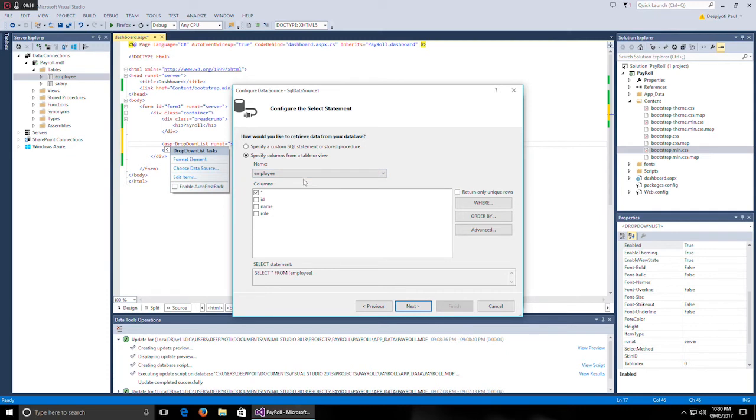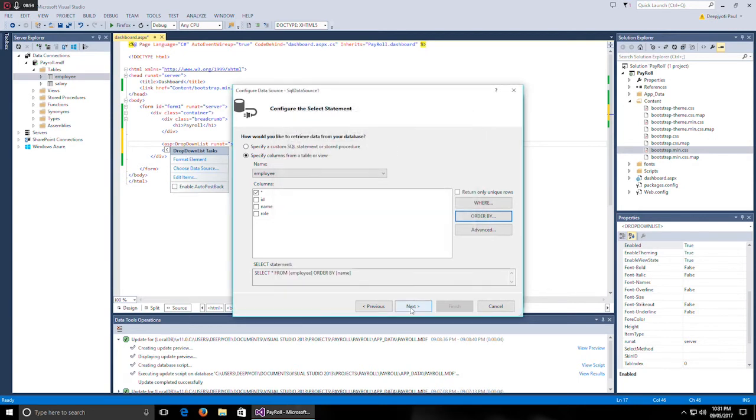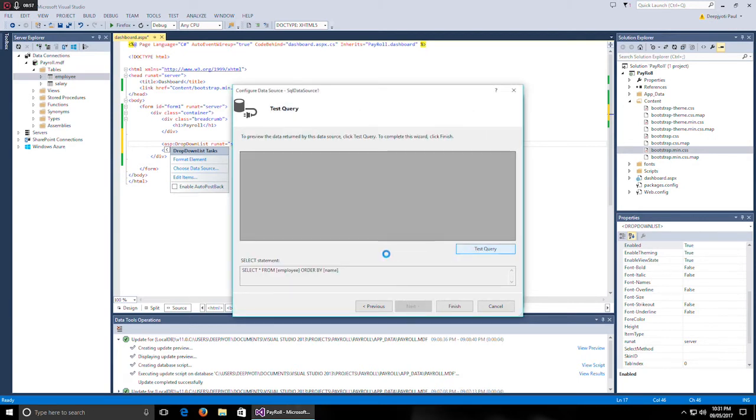down list. So our drop down list will have the employee's name, and in the back end of the drop down list's menu it will have the role. So we'll select everything from the employee, and additionally we can also sort it by name. Okay, next you can test the query here. It will give the result which you are going to see. So you can see here, click finish,